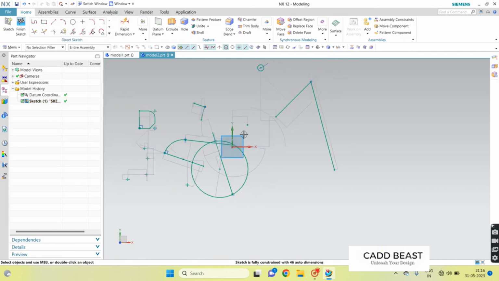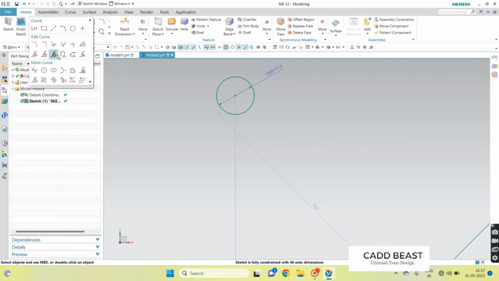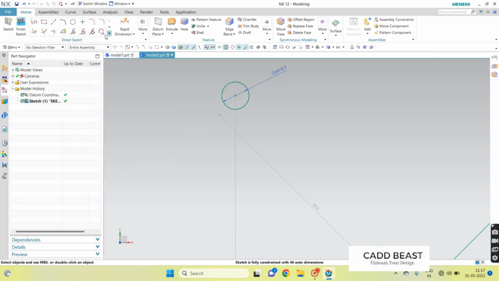Suppose resize curve, this is 11, I wanted to have it be 8, so I can easily do that. Yes, now it's 8. So by these tools we can easily edit the curves, move the curves,